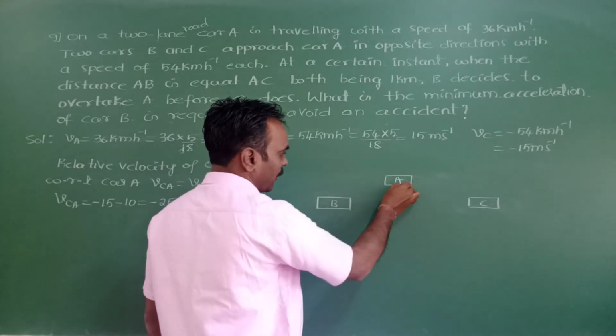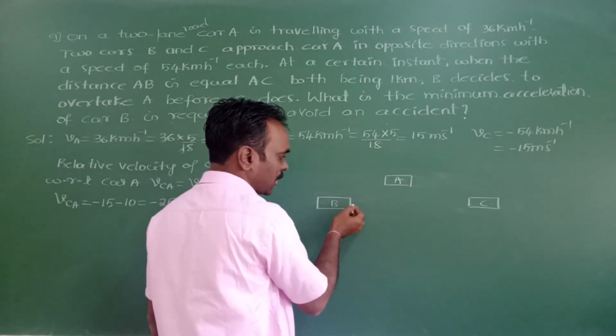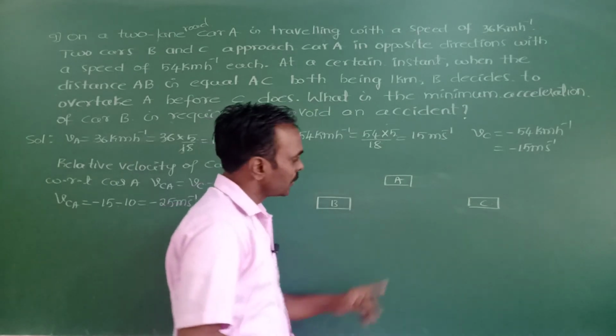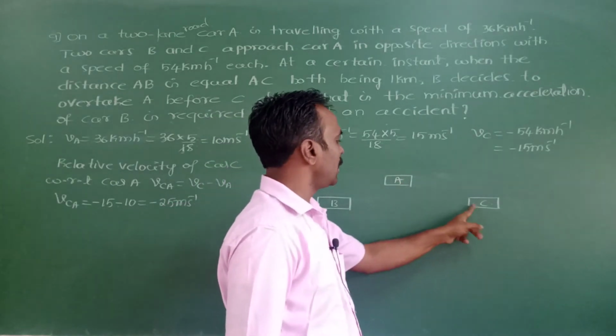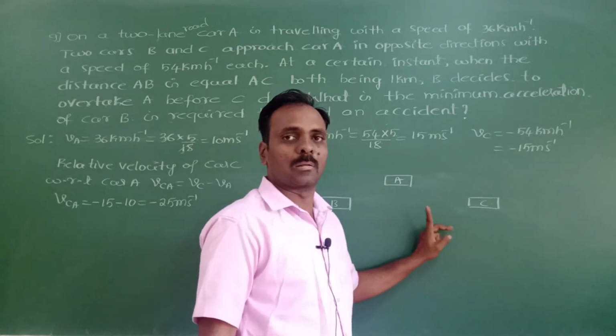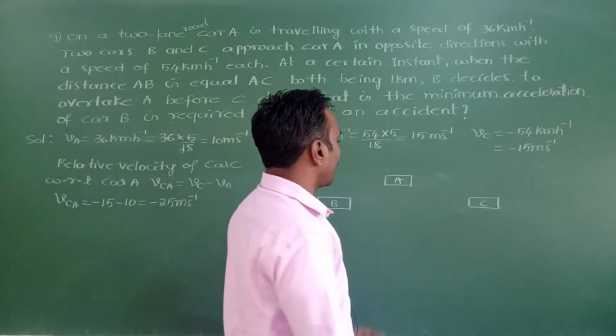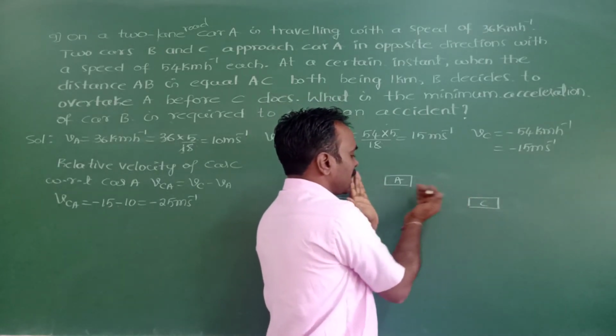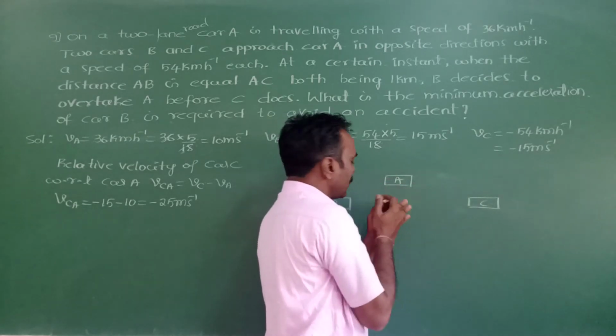So the distance of A from B is 1000 meter, 1 kilometer. The distance of A from C is also 1 kilometer, that is 1000 meter. Okay. So when the distance is equal to 1000 meter from both,